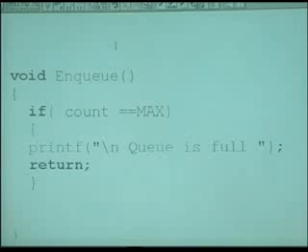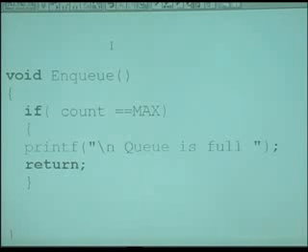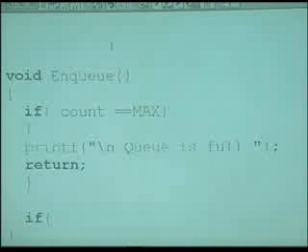We know that whenever an element is added, rear moves or points to the next empty cell. So we'll do, what is, if rear is equal to max,